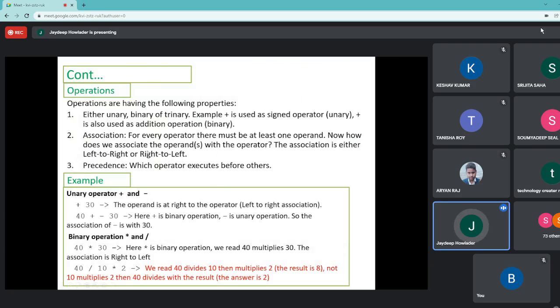And then we have association. The association says that if operations of the same precedence are in an expression, then which operation will be executed before the others. And there is a precedence which says that if there are multiple operations in an expression, then which operation will be executed before the others. We have already discussed this part.